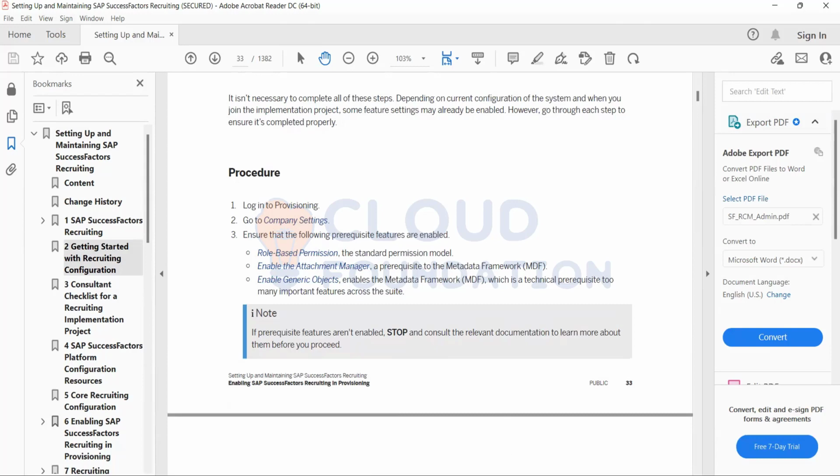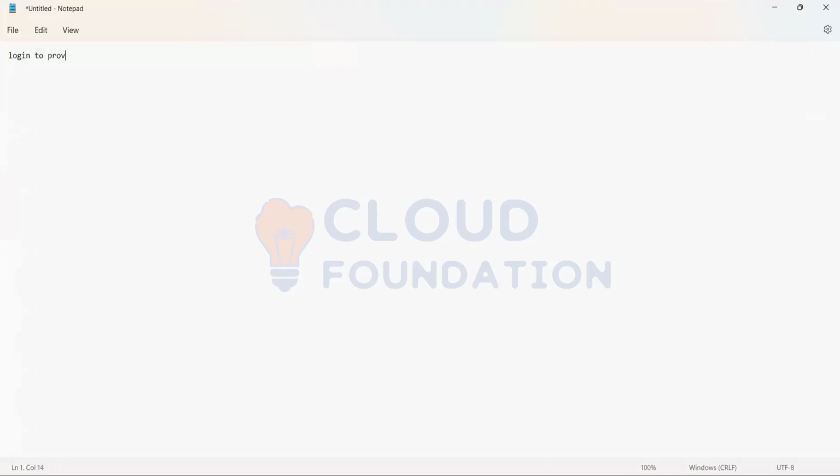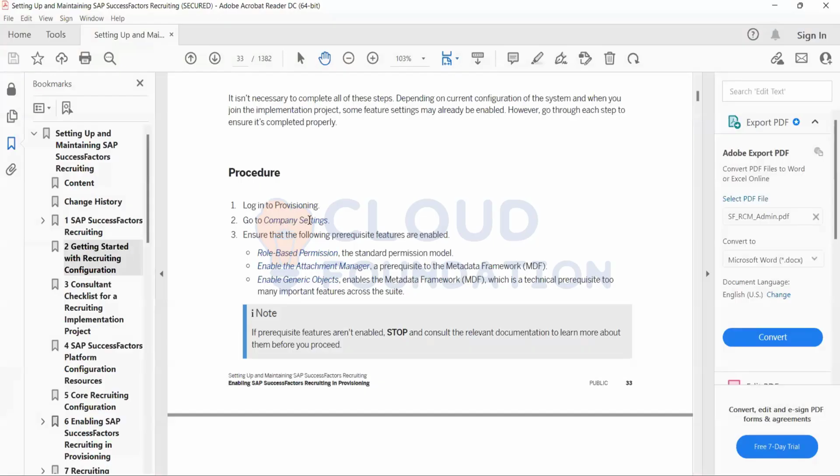So log into provisioning. Second thing, click on the company name. It could be a development instance or test instance, depending upon what the client has given you initially. Once you click on that company name, you can see the details, and under that you have to click on company settings. Yes, I'm following you. Once I click on company settings,